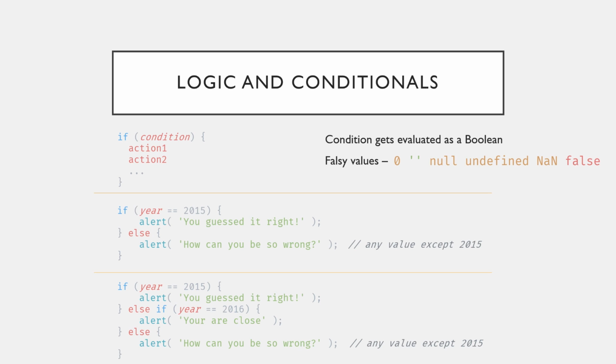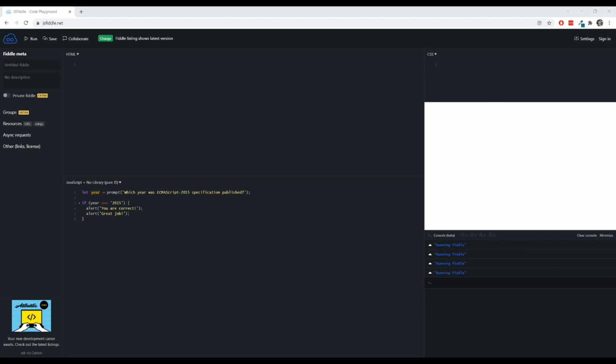Another important thing to mention is that the if statement evaluates the expression in its parentheses and converts the result to a Boolean. So let's quickly recall the conversion rules to Booleans. The number 0, an empty string, null, undefined, and NaN all become false when converted to Booleans. They are also called falsy values for this reason. Anything else besides these values is going to be converted to true, which is also called truthy values. And what I mean by that is that code like this